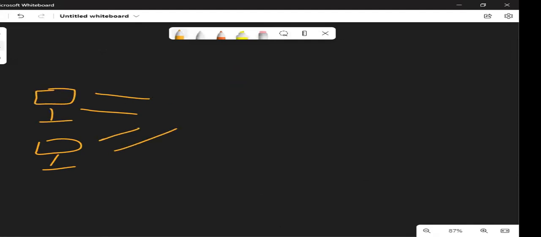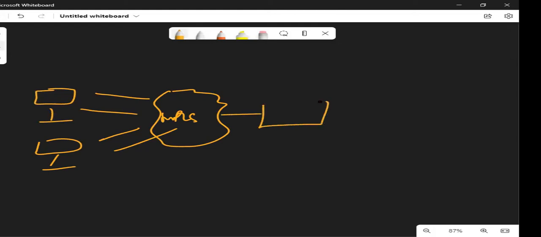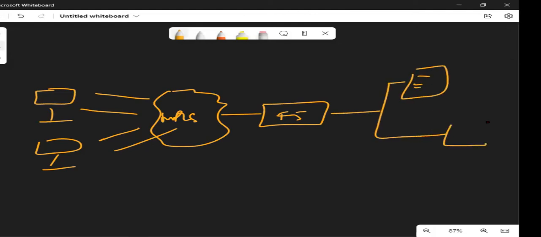Let us say some requests are coming. Again, we have some MPLS or some kind of internet. Then this is landing upon the F5, going to the servers, server 1, server 2.